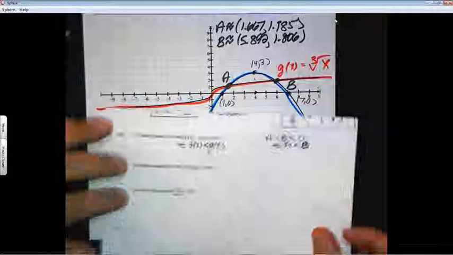So how are we going to write this up? Let's see. We're going to have that f of x is less than g of x